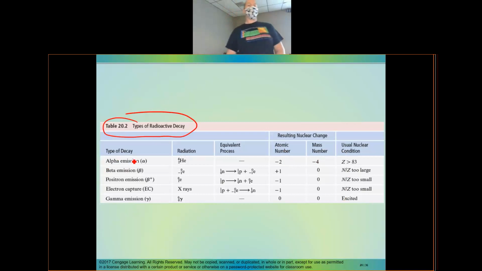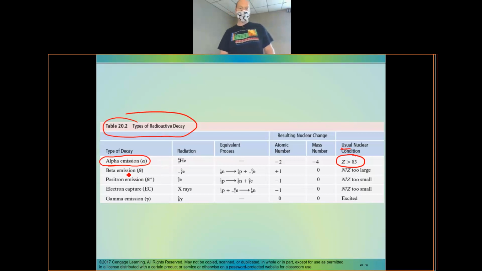So an alpha emission: anything greater than an atomic number of 83, you would predict that to do an alpha emission. So all of your nuclides that have an atomic number greater than 83 are radioactive, and that would be predicted to be an alpha emission. Again, it is the usual nuclear condition. It is usually what happens when you have a nuclide that has higher than 83